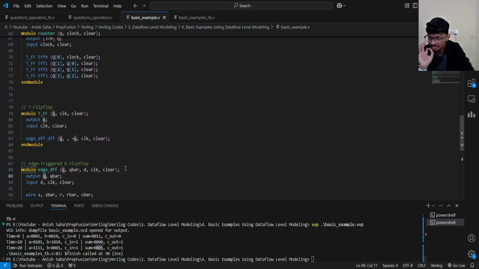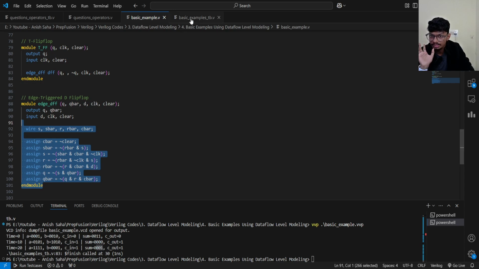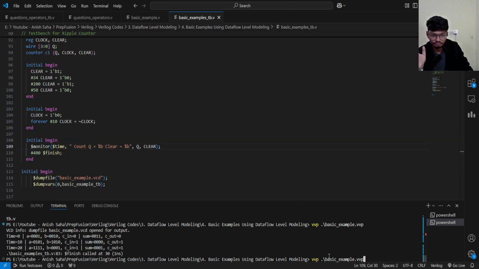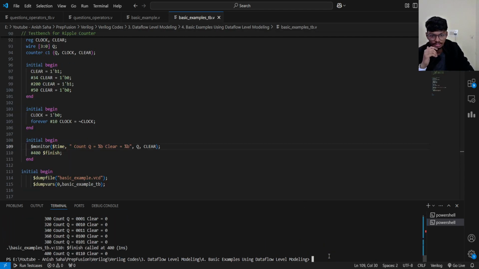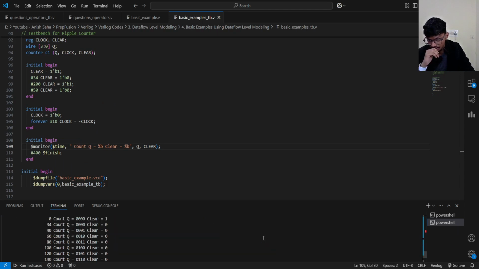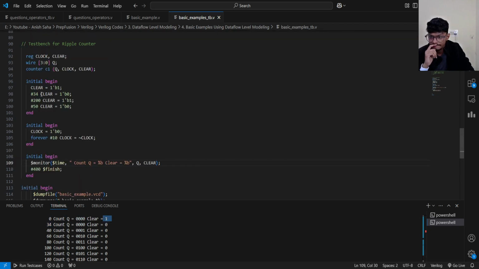Okay, so I'm not explaining the D flip-flop, we will learn about the D flip-flop later on. So let me do the iverilog, let me do the vvp. If you see, this is the time, and initially Q is 0. At time 34, clear was 1 before, and after 34 time I make the clear 0. If the clear is initially 1, obviously the counter will not change its state, it will be 0 0 0 only. As soon as the clear becomes 0, now the counter starts its count from